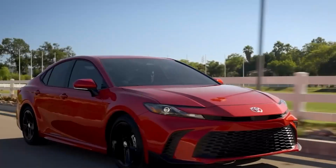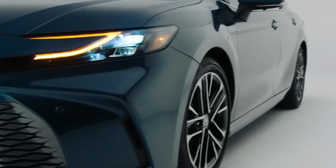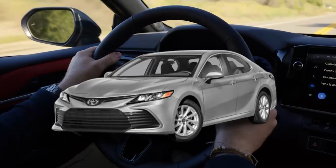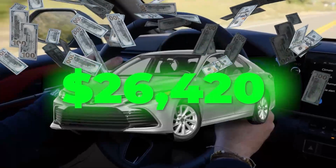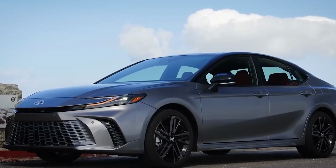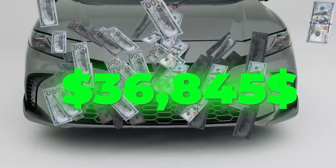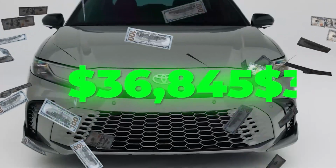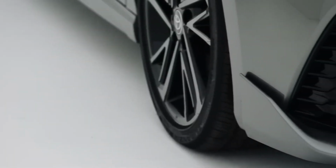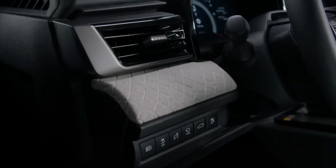And as of 2024, the Toyota Camry remains a popular choice in the midsize sedan market. The 2024 Camry starts at around $26,420 for the base LE model, with the top-tier XSE V6 model starting at approximately $36,845. This is a good deal, but the Camry has a few sets of issues like air conditioning problems and